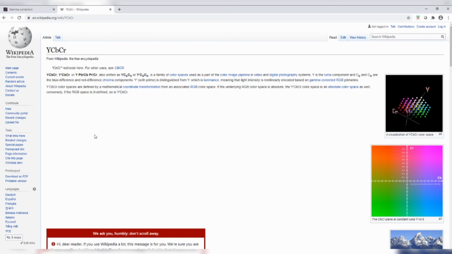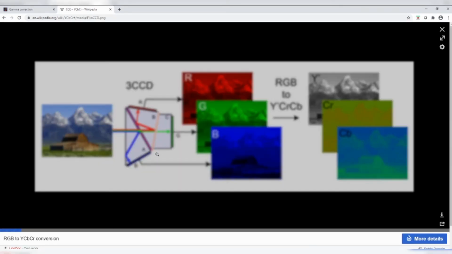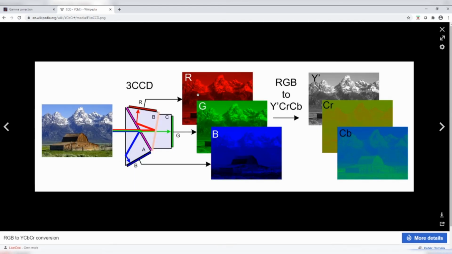By converting RGB to YCbCr, we get the brightness component separate, and then I will work on the brightness component. I will apply gamma correction on the brightness component and improve the image. I think this will clearly show you, okay. So this is the RGB image of this particular guy, the red, green, blue components, something like filters, right? Red filter, green filter, blue filter.